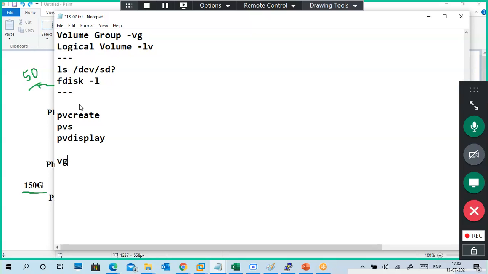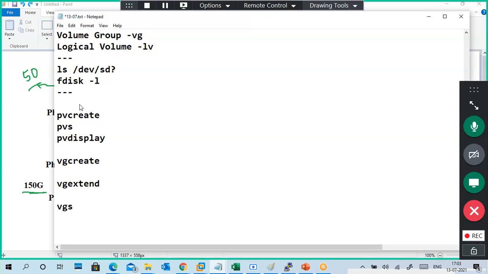Okay. Next to create is VG create. If you want to create a volume group, then we use VG create. Next one is VG extend. We have to extend the VG, means the first time we are creating a VG, we use one single physical volume in the VG, but you have to add a second one, third one, fourth one, fifth one. So we have to use VG extend.